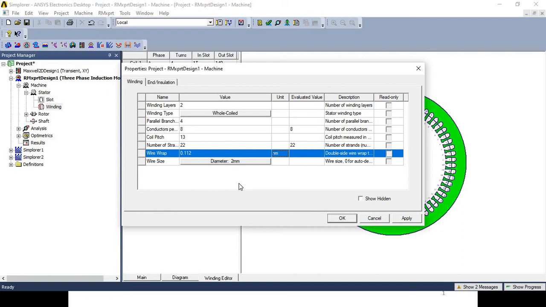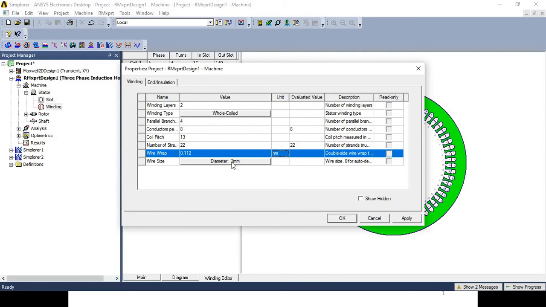But if you do not have an idea how to select the wire wrap, in that case you can give the input as 0 for auto design. So according to your design input, this value will be automatically selected.